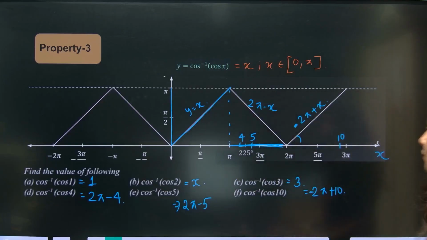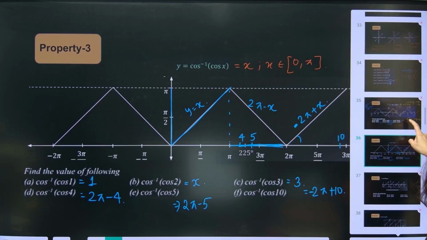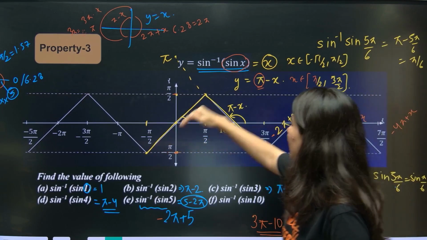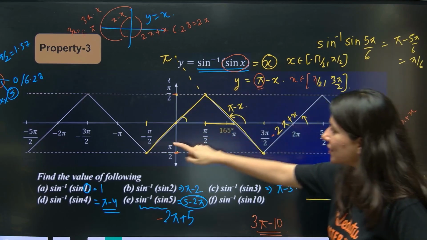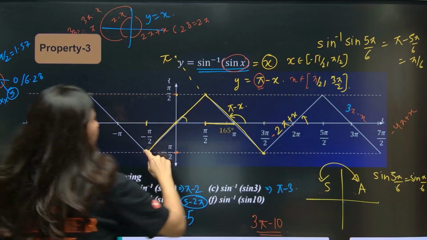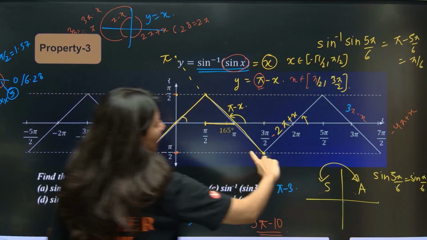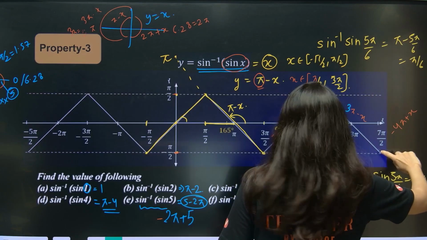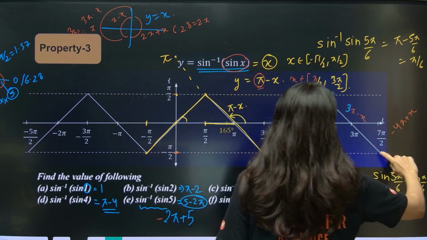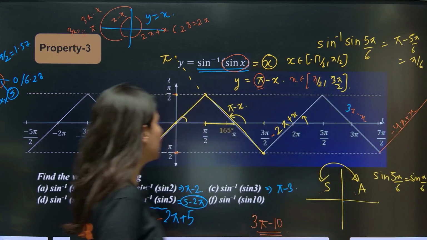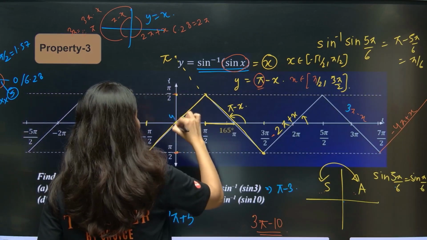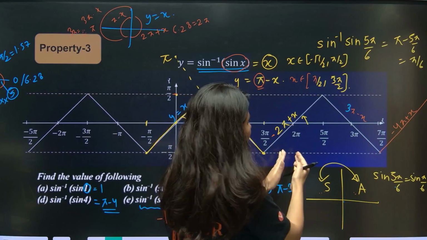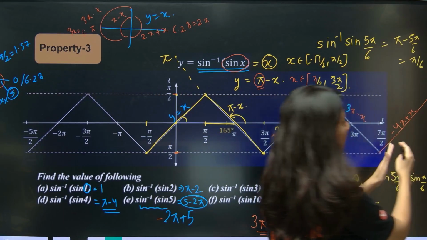Okay, so let me just conclude. Okay, so this is what? y is equals to x. See, just start writing like this. This is y is equals to x, then 2 pi plus x. Then next one will be what? Minus 2 pi plus x. This is minus 4 pi plus x. Right? So, can you see this is y is equals to x. So, 0 plus x. Okay, then minus 2 pi plus x, then minus 4 pi plus x.